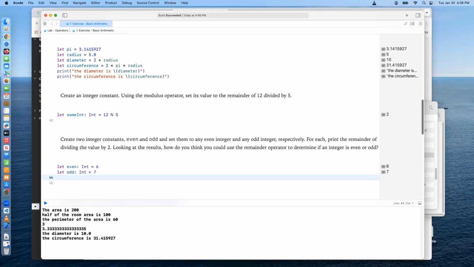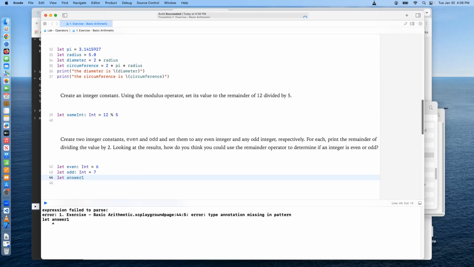Okay, well, it's not telling us how, right? So should I create a variable or a constant, or should I just do a print statement and do the math inside the print? It doesn't really specify, right? So here's what I would do. I'm going to say let answer 1. I'm not going to put a type on it. I'm just going to let answer 1 equal even